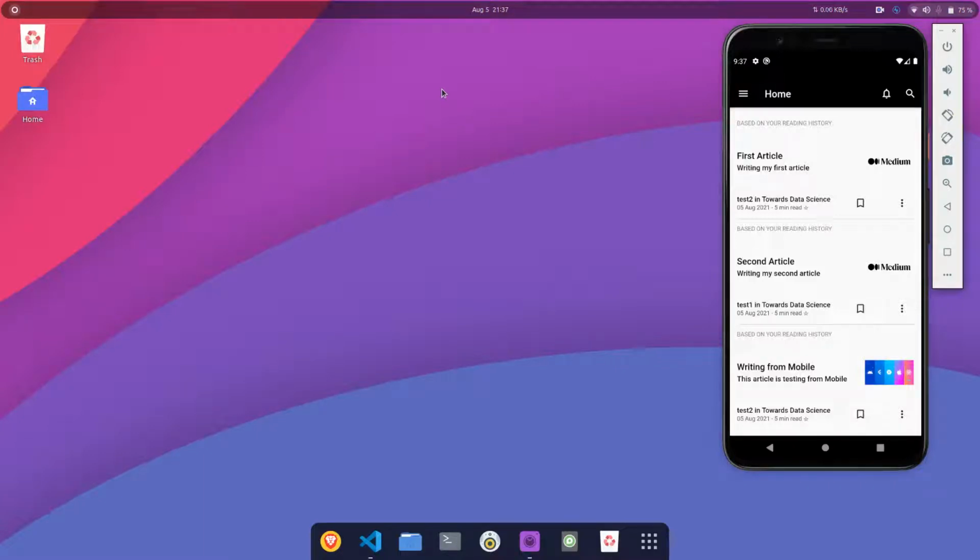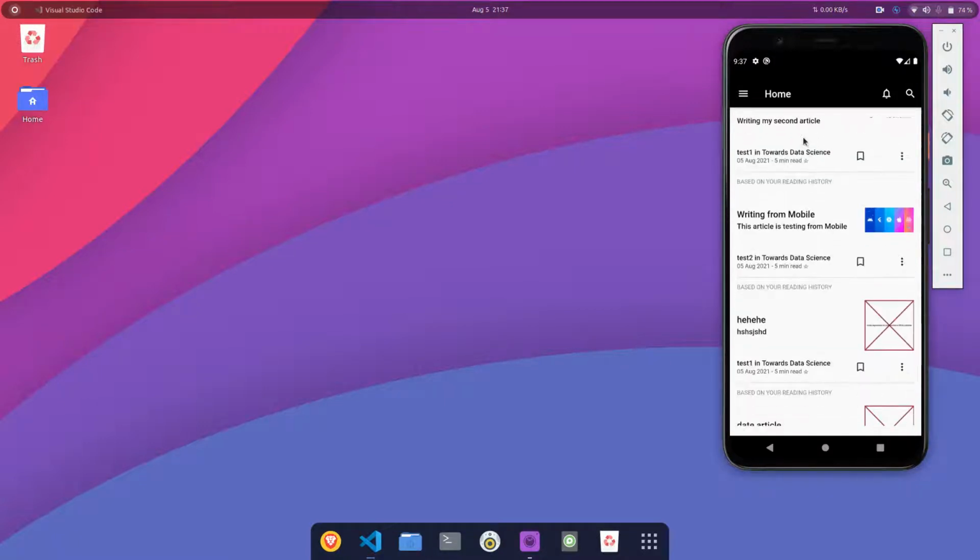Hello everyone, my name is Asmit Umal and I am going to show you some of the basics and advanced concepts of Flutter, such as providers and state management, through one of my personal projects, which is a Medium clone. As you all would know, Medium is a blog posting website where users post their articles for others.